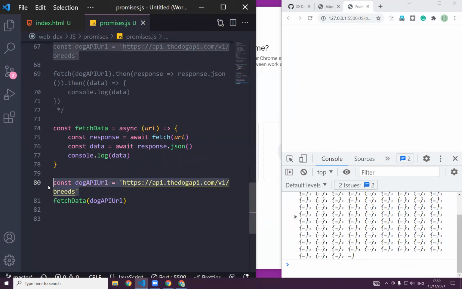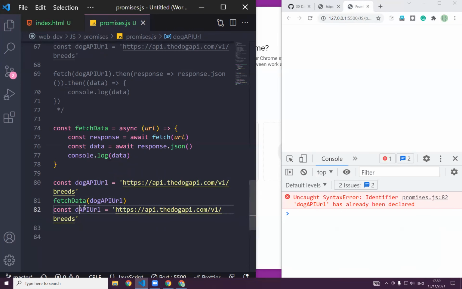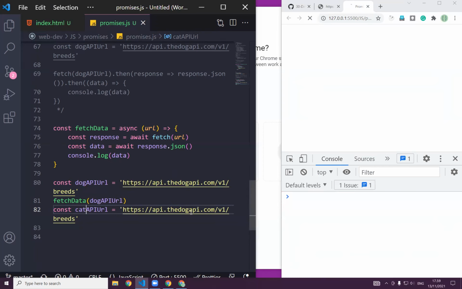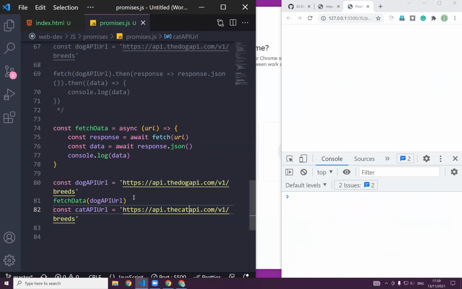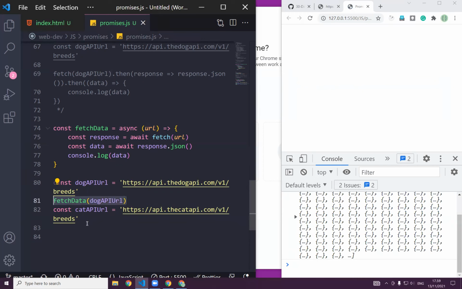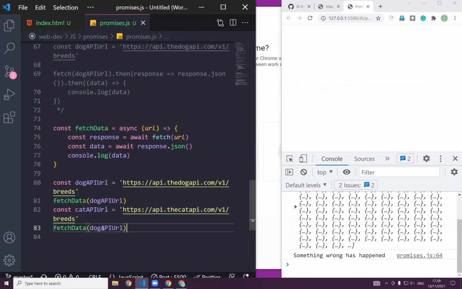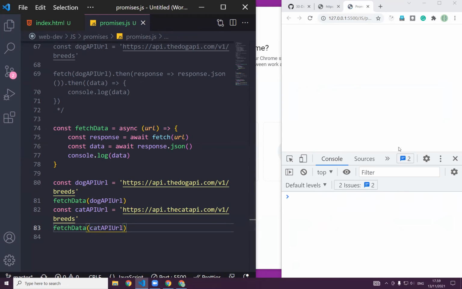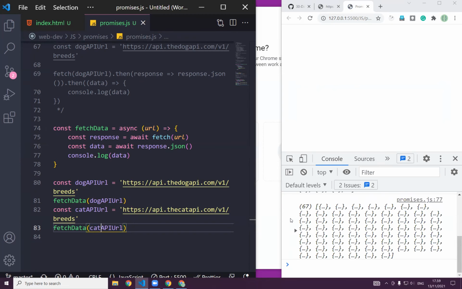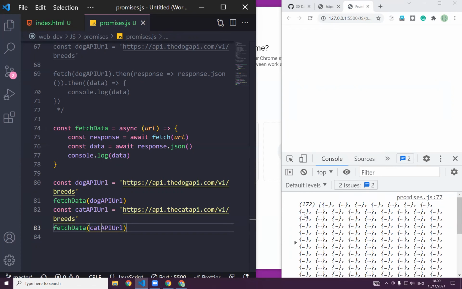And if we have the cats API also, we can actually change it to cat. I think the cats API, go API, the dog. So I think just changing the middle to cat gives us the same thing. So let's change also from dog to cat. Yeah, as you can see, 67 cat breeds and 172 cat breeds. So now we made use of this